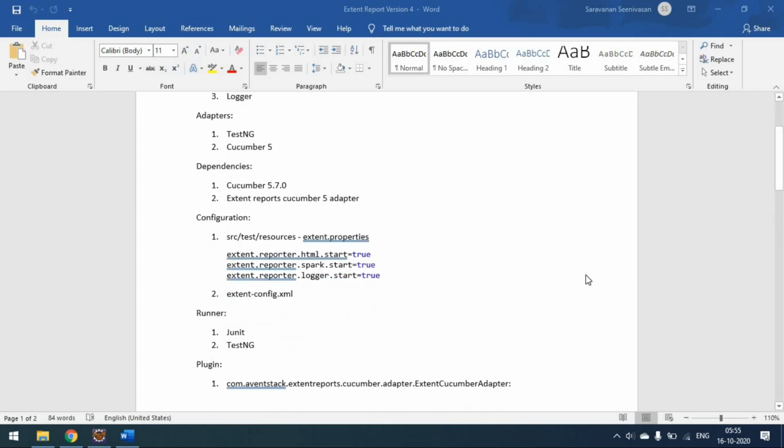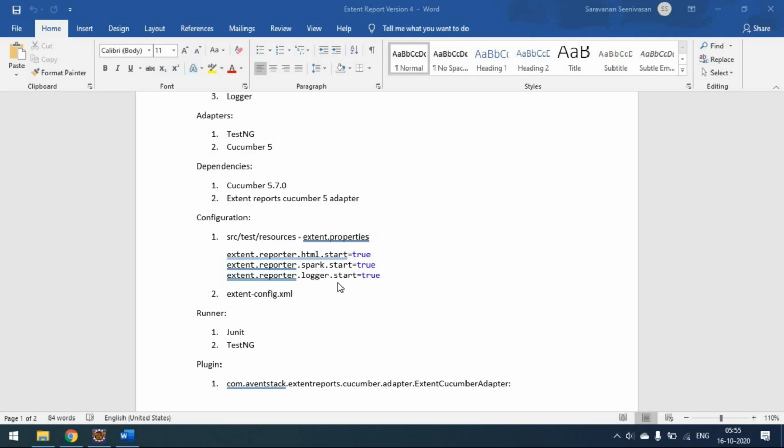When it comes to configuration, you have to add the extent.properties file into the src/test/resources folder. These are the respective setups to enable and generate the report: first for HTML, second for Spark, and third for Logger. Additionally we have to add the extent-config.xml file that we usually add to generate the Extent Report, the same thing.